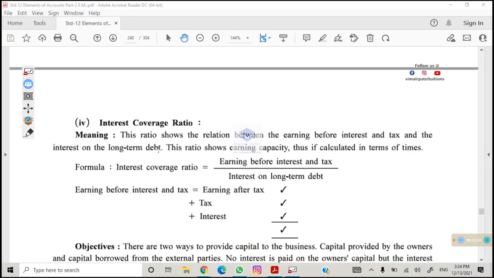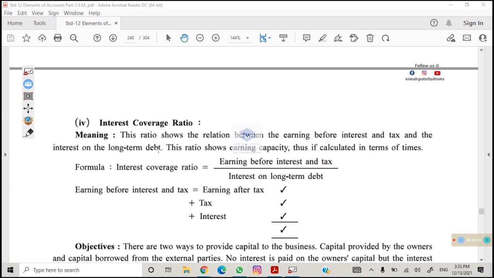Then interest coverage ratio. This ratio shows the relation between earning before interest and tax and interest on long-term debt. Whether your earning is sufficient to pay interest, whatever interest you are paying on borrowed fund, like interest on loan, interest on debenture. So whether your profit is sufficient, how many times your profit is higher than whatever interest you are paying. So the formula is